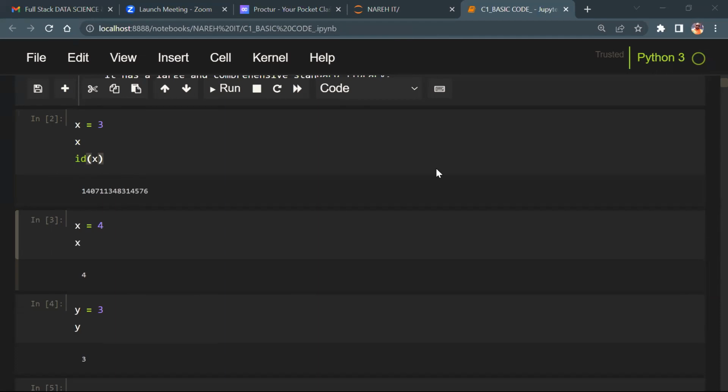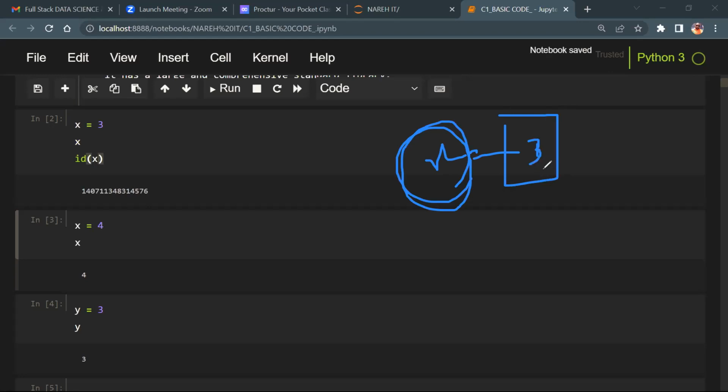Nitish, I hope you understand, buddy. Yes, it is not required, but still there is no harm if we learn. Am I correct or not? Now let's say when we say x is equal to 3, in RAM, we create an identifier and we assign the value 3. When you say id of this, what is the address of this one, guys? We get the location.